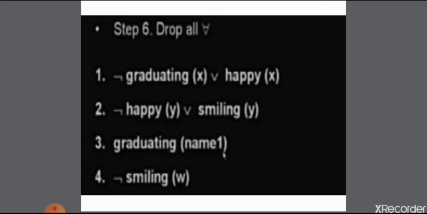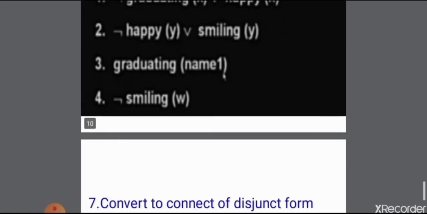In this sixth step we dropped all the universal quantifiers, because it doesn't matter now, as all are representing the universal.